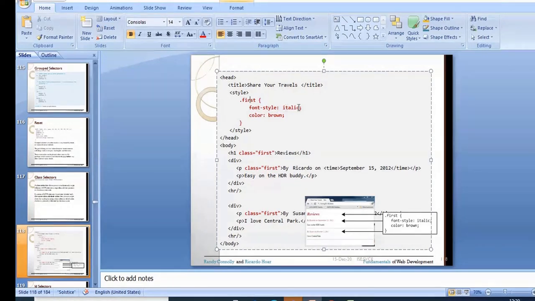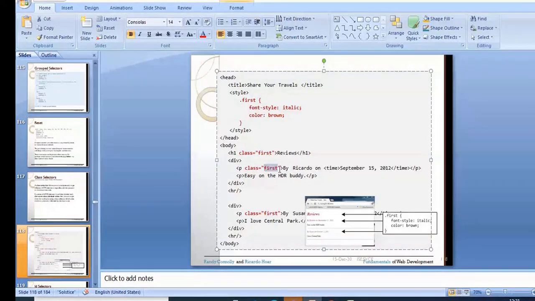You can ask a question: I have given the same class name, "first", everywhere. It is possible. You can use the same class name for all the different HTML tags. Or if you are interested in giving a different style for the paragraph, you can just change this to some other name. You can just give something like ABC here. Then you need to create the style for that particular class name, .ABC, followed by the property-value.